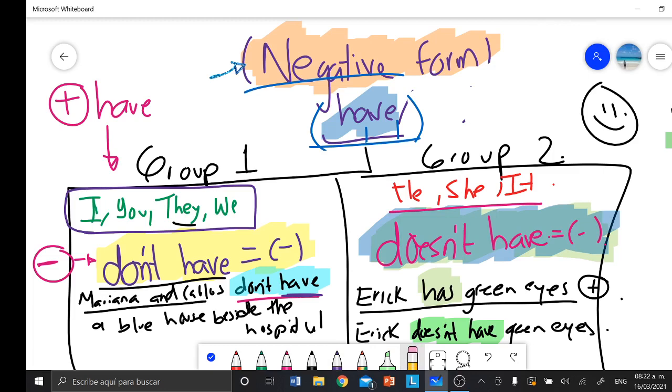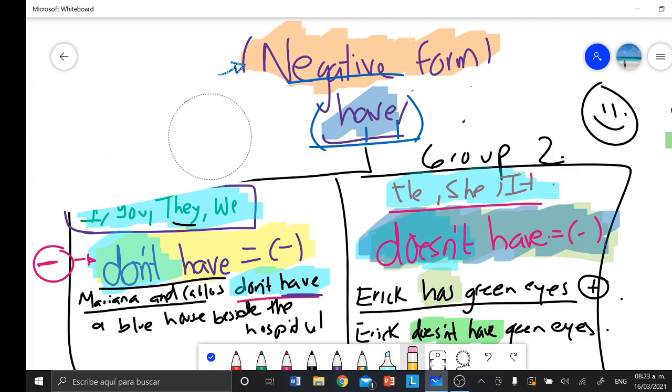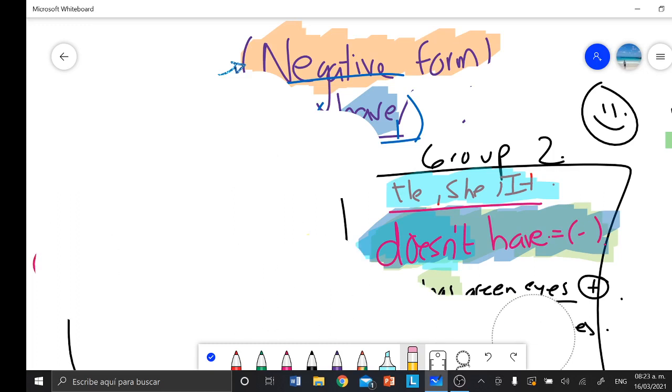Solamente we use have, yes, but we need to have the auxiliaries. Don't for the group I, you, they, and we, and doesn't for the group 2, which is he, she, and it. Okay? Pretty much the exercises that we are going to be doing, prácticamente los ejercicios que vamos a hacer